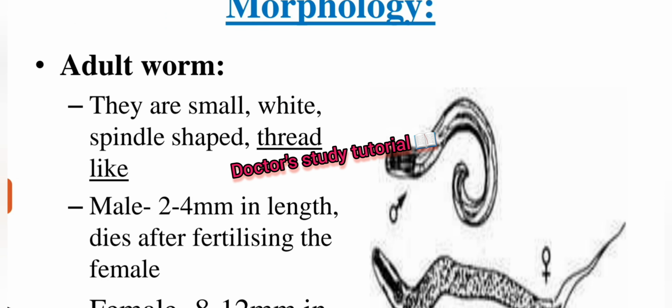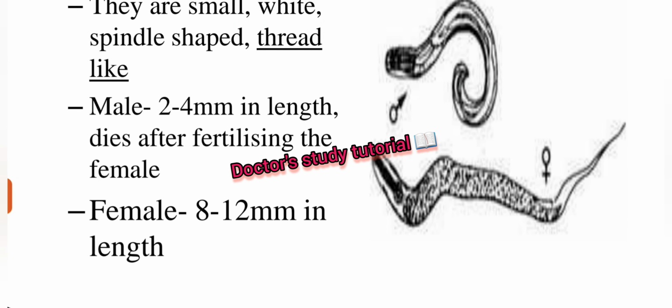Adult worms are small, white, spindle-shaped, thread-like. Males are 2 to 4 mm in length and die after fertilizing the female, and females are 8 to 12